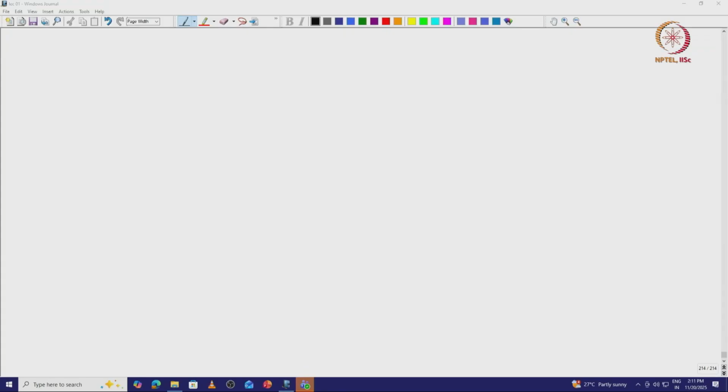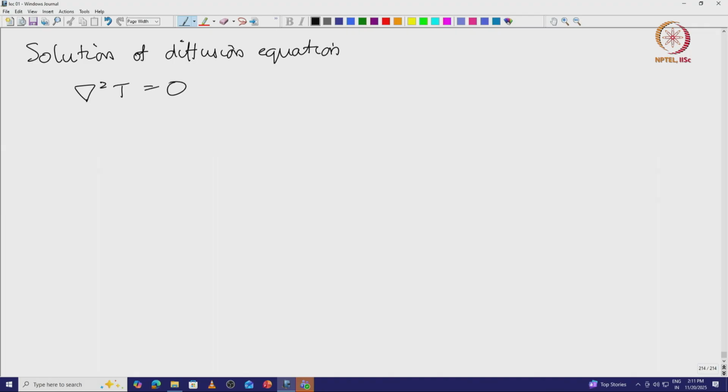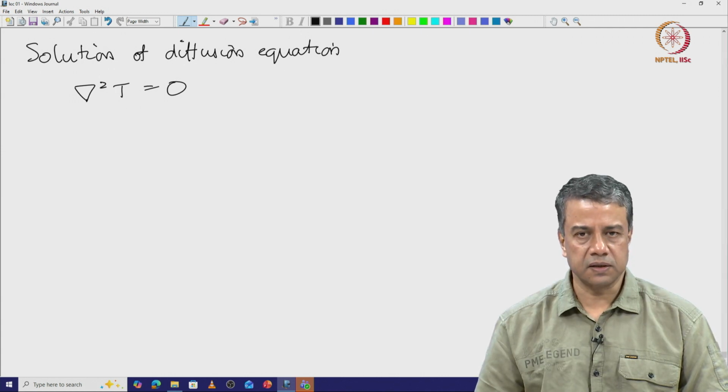In the last few lectures, we have been looking at the solutions of the diffusion equation in terms of the concentration or the temperature fields. Del square T is equal to 0 or del square C equal to 0 for the concentration field, subject to boundary conditions. We had looked at solutions in a rectangular coordinate system, in a Cartesian coordinate system,